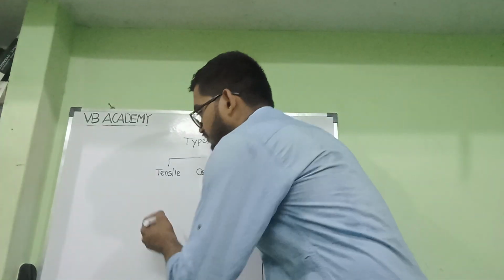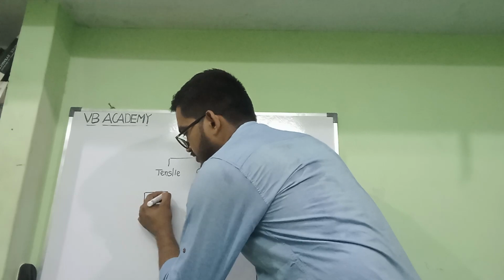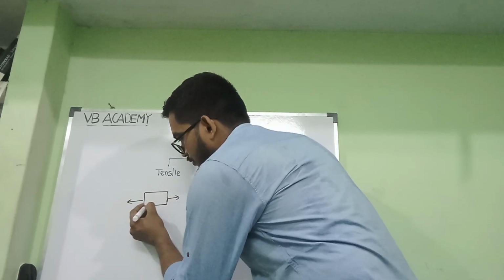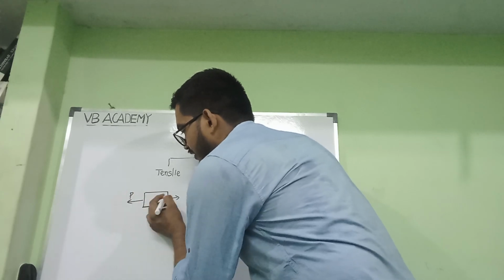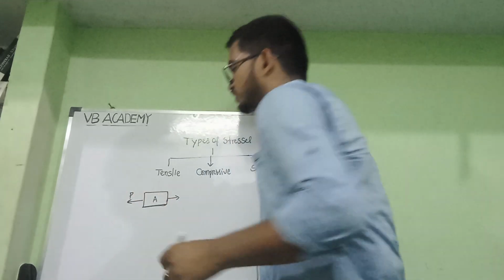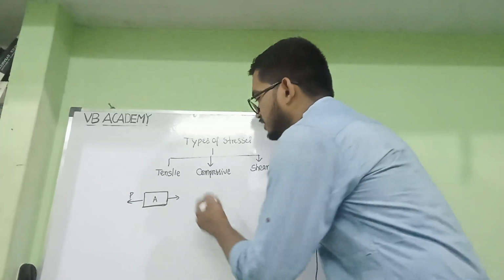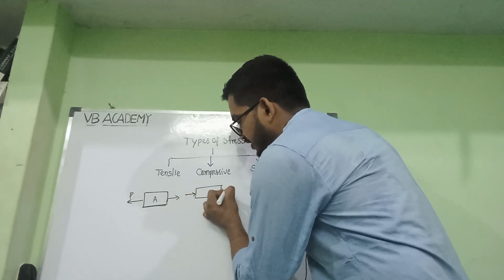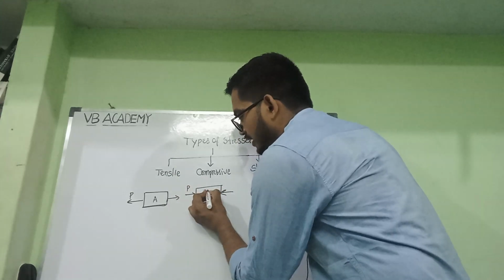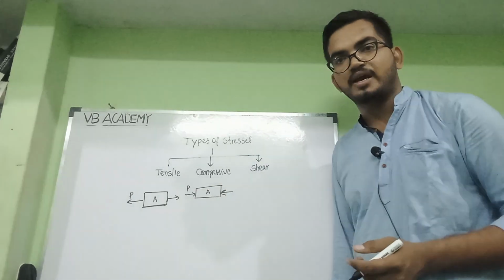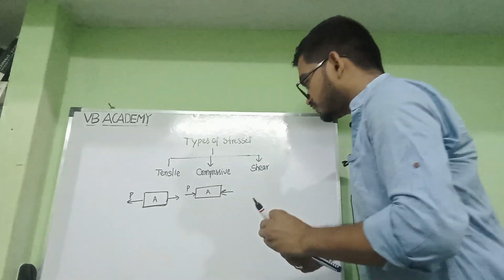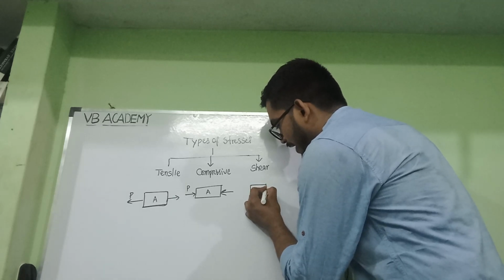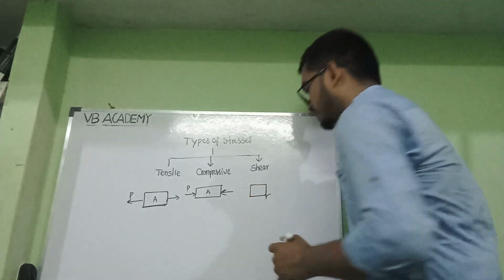See here, this is the body. I am applying a load which is pulling in nature. The pulling load is P, and the cross-section area is A. In compressive nature of force, I am applying a force which is pushing in nature, that is P, and the area is A. And in shearing nature, I am applying the force which is parallel to